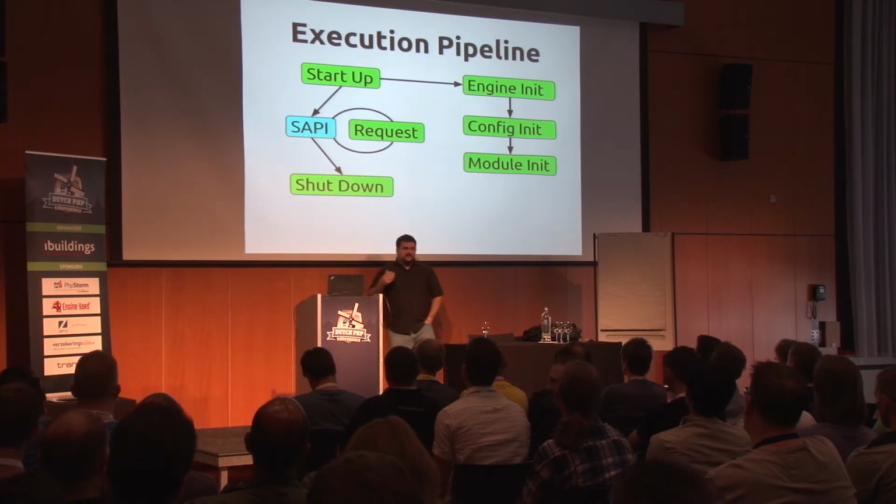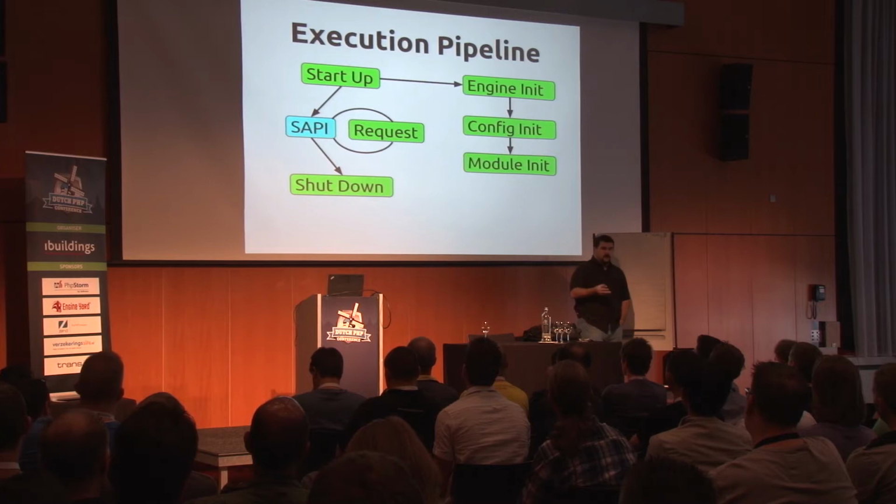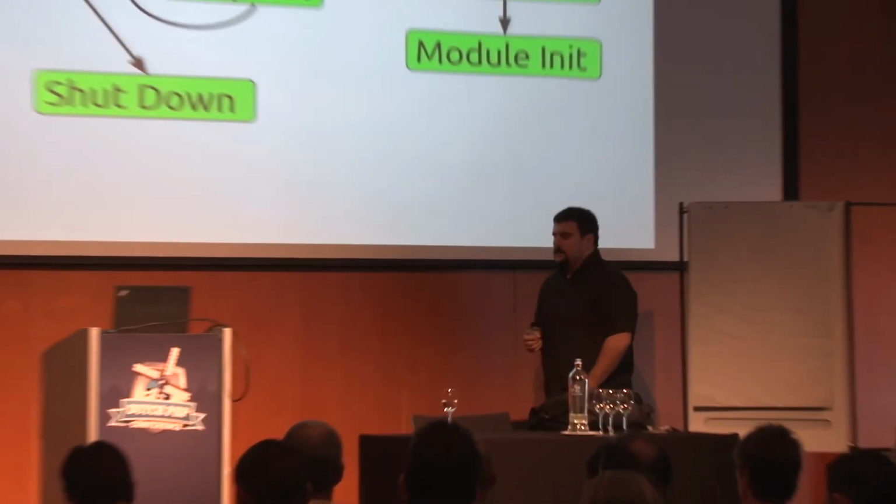Then after the engine is up and running, we have to initialize our extensions. Because PECL extensions like PDO, which exists as an extension, or MongoDB's layer, which is a PECL extension, they all get an engine initialization, or a module initialization. It's called MINIT in PHP. And that happens once per the lifetime of the engine, and once per multiple requests. So it doesn't happen for each request, it's actually shared.